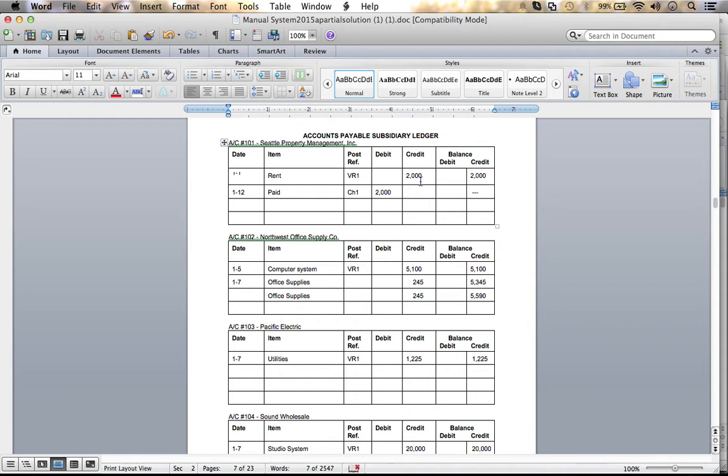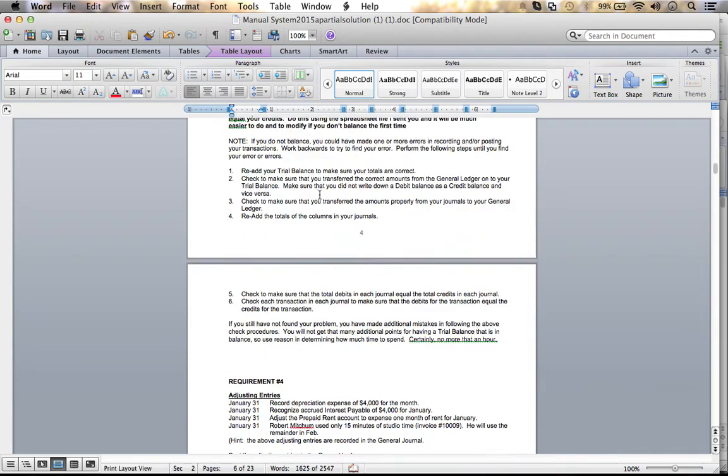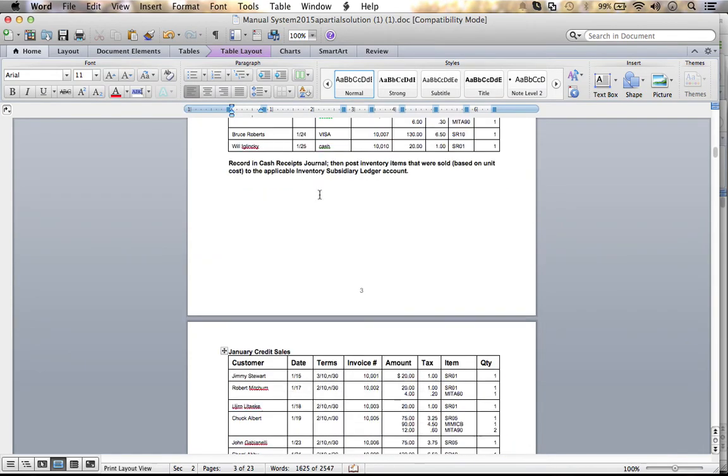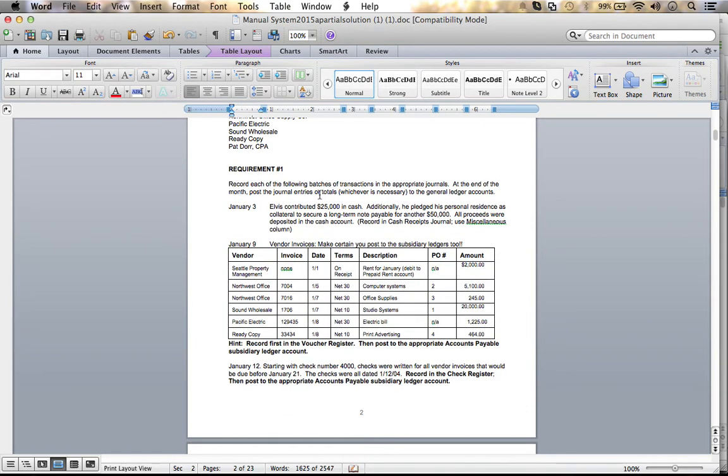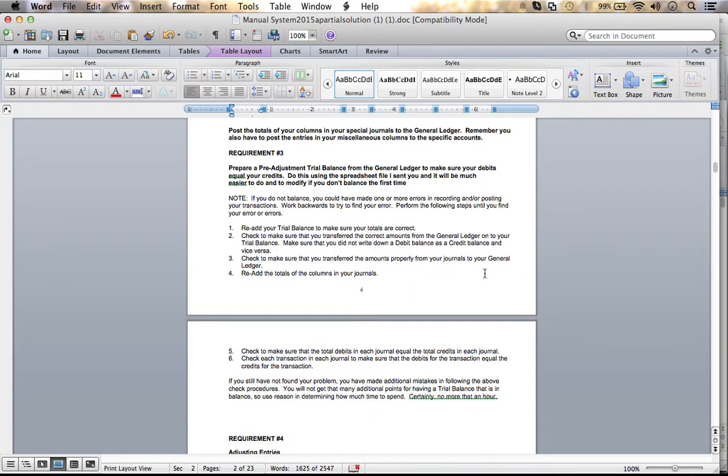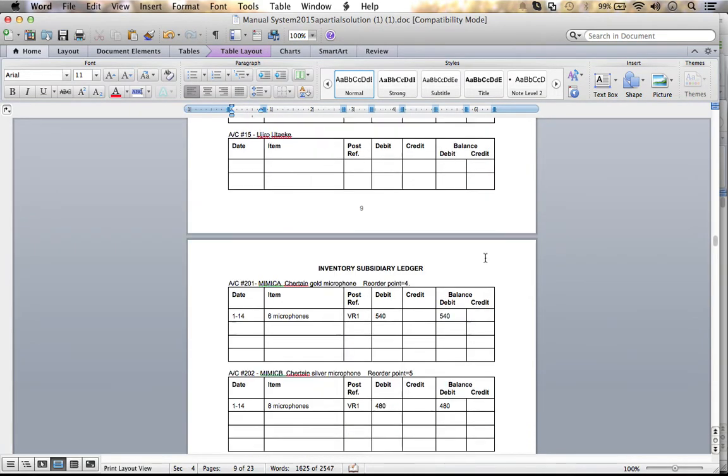All right, so I'm going to go ahead and record that as a credit here for $2,000, and balance is $2,000. I just record the item as rent and the date was the date of the invoice of 1/1. All right, going back to the requirements, the next requirement is to go ahead and record for Northwest Office the purchase of a computer system for $5,100. So I go back to the voucher register,